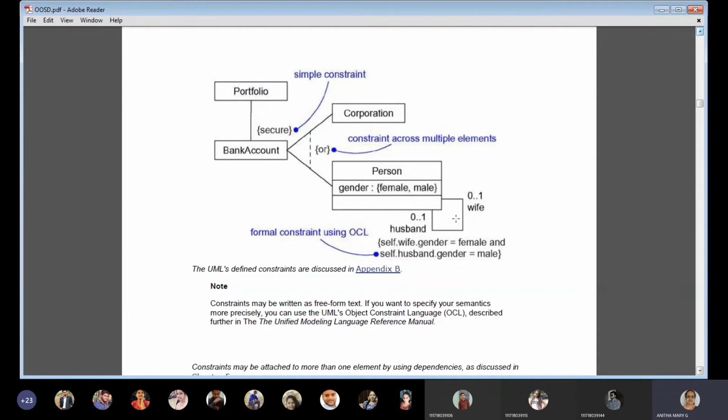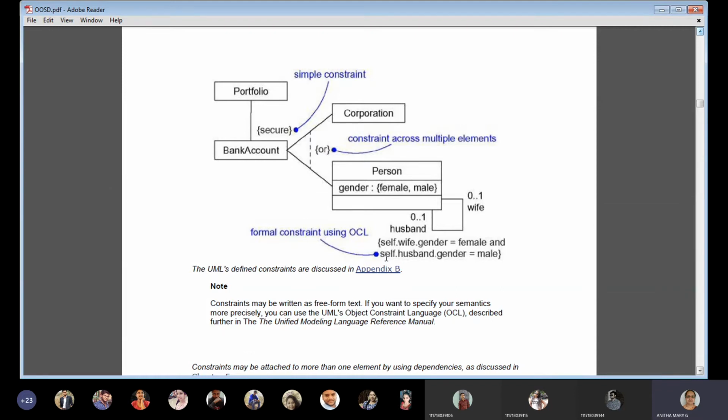And the constraints here: 0 husband may have 0 wife, 1 husband may have 1 wife. That is the one-to-one relationship, how the nominees and everything will be specified in the bank accounts. That's why we are giving the cardinality this way.